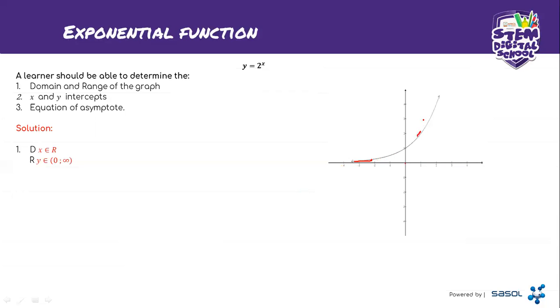You can see that the graph is moving to positive infinity, because remember for range we are referring to y values. You can see the graph does not pass this line of axis. It only approaches it, but on this side the graph continues up to positive infinity there. And then you can see that for this 0 we did not put